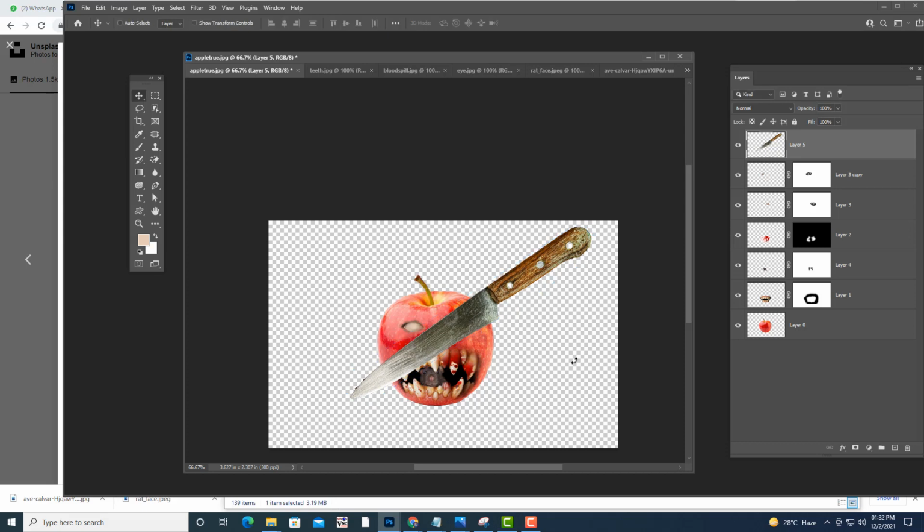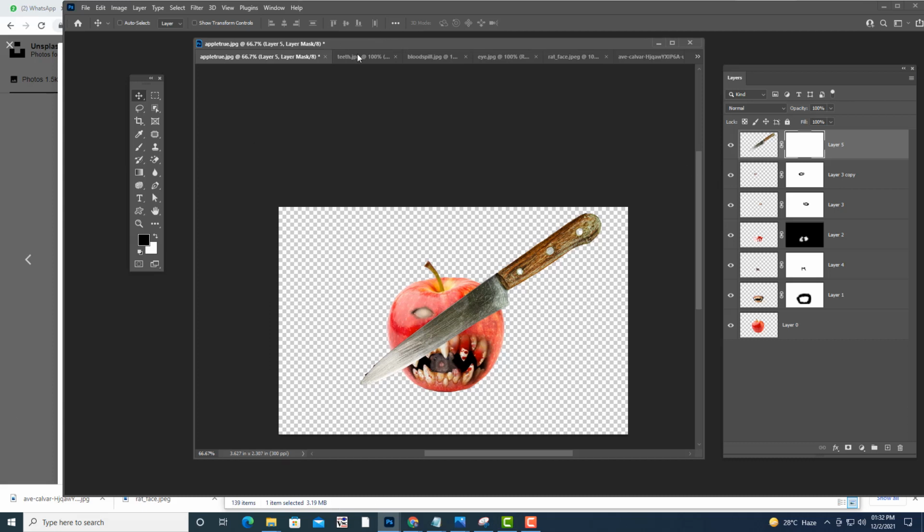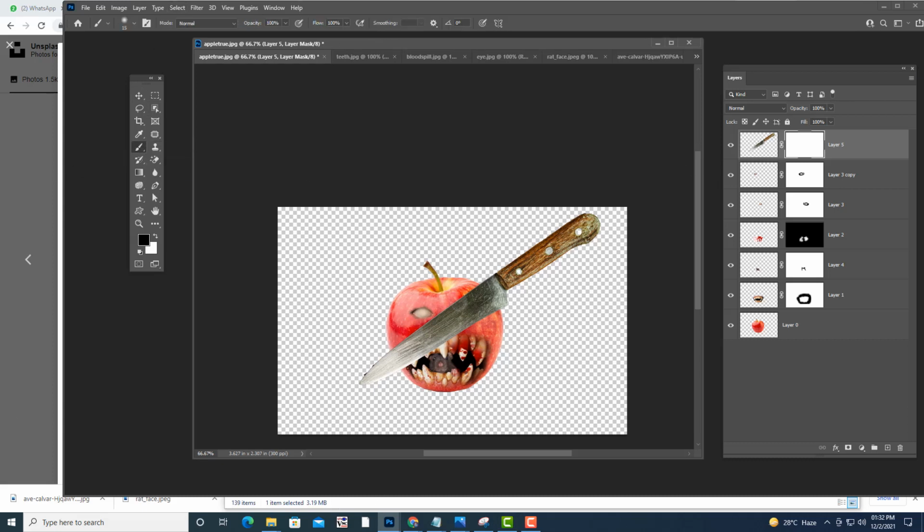So then, what is the thing we'll do? We'll add a mask to this. And then let's use a brush. See how important the mask is. Now you understand.